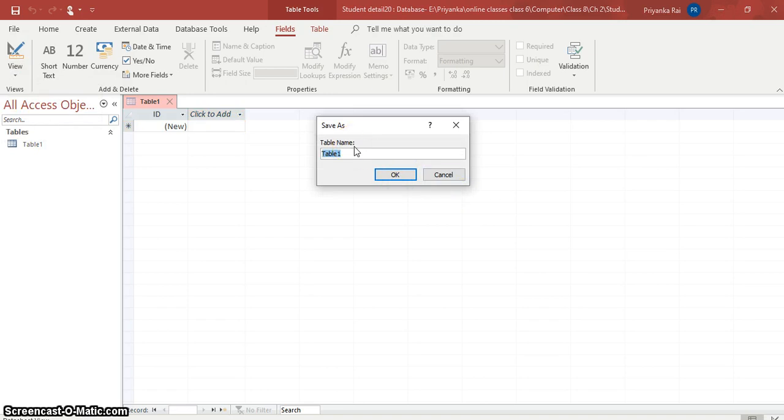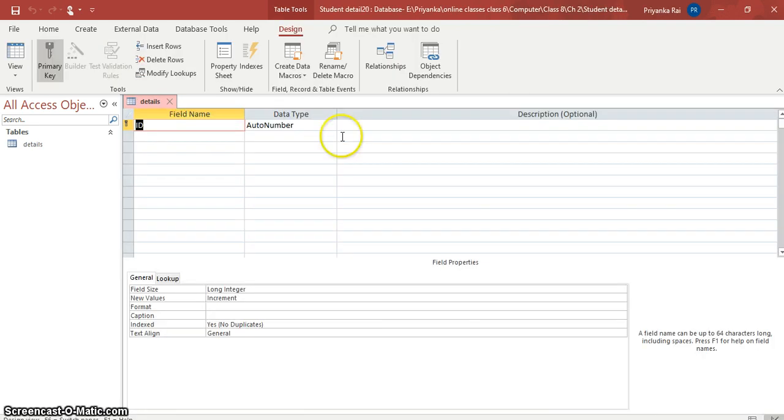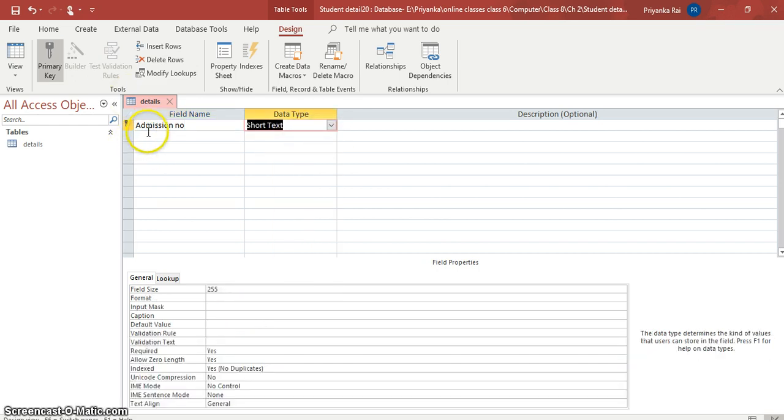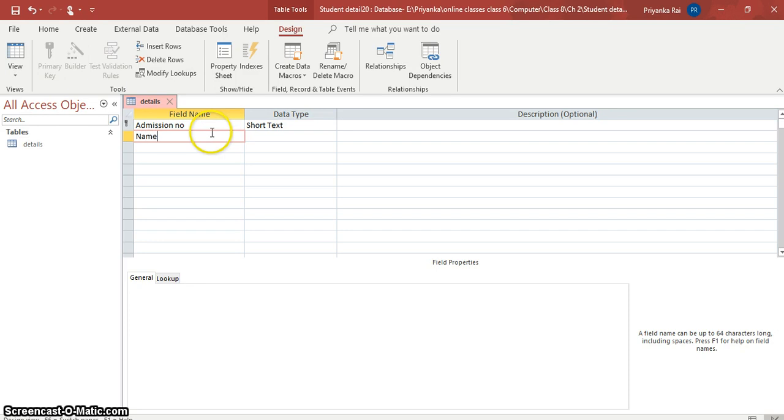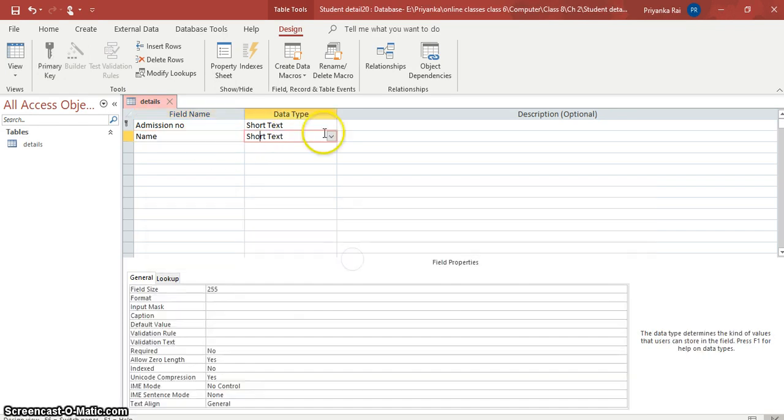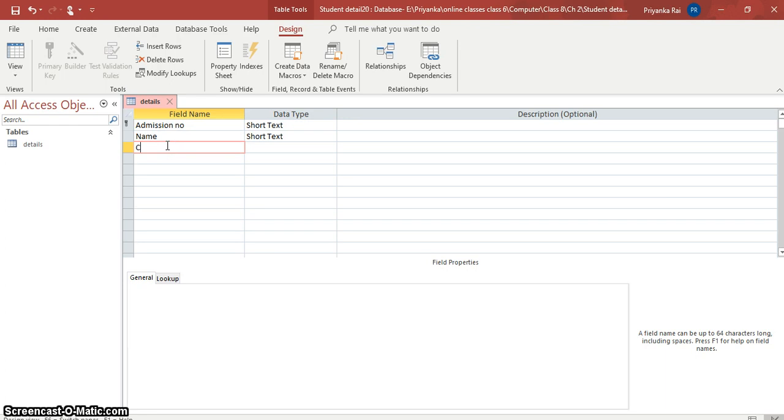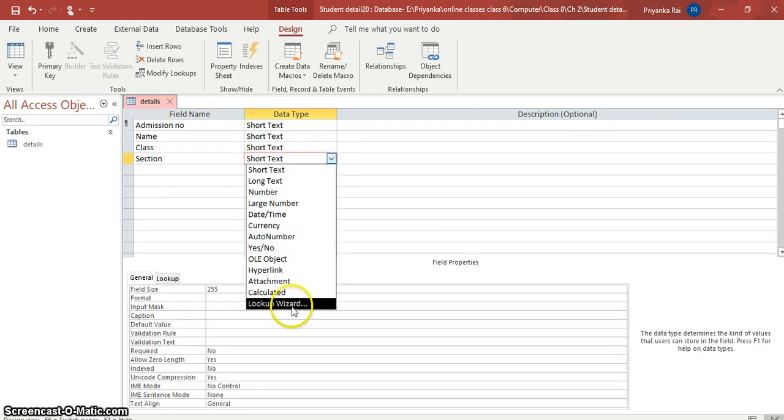Name your table, then write your field names like admission number and make it short text, then name, short text, class, it can also be short text, section, short text, and you can create a lookup wizard for that.